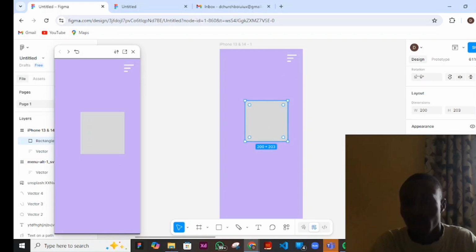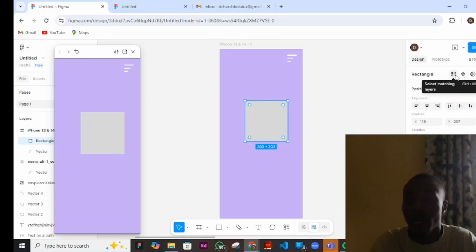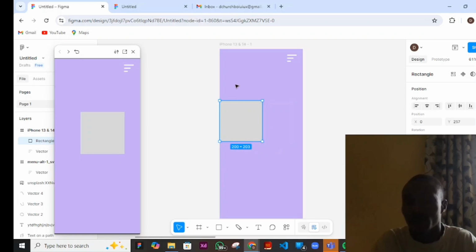Now this is a rectangle. We can first of all select, if there are other rectangles, this tool is to select the same things that are the same in your design. Then this is to create components. This is to mask, that's masking with shape. If there's a picture here, you mask it together. Now align to left. If you click here, it will align to the left of the frame. Align center